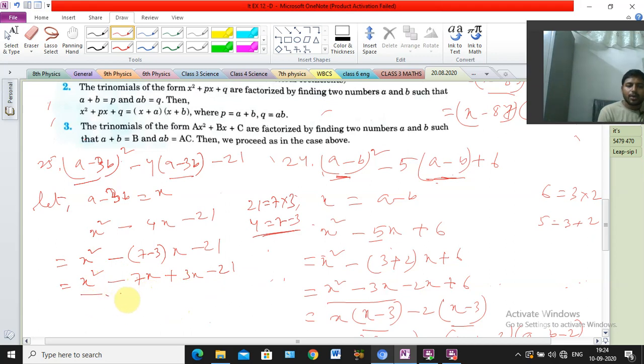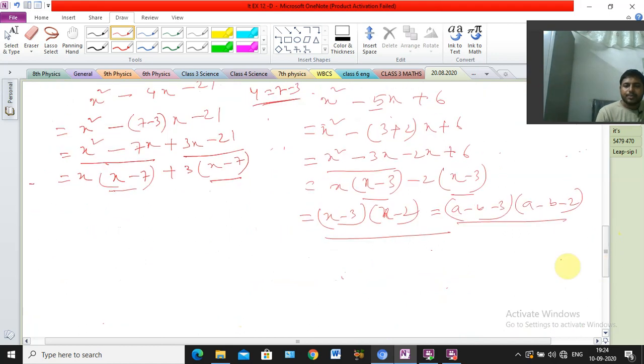From the first 2 terms, take the common. Is there any common portion? Yes sir, x is the common, so take x common. So x minus 7 will come. Plus 3x minus 21 means 3 will come as common, so x minus 7. Understood? Next, see, in the bracket portion the same thing is coming or not? Yes, the same thing is coming. That means it is correct.